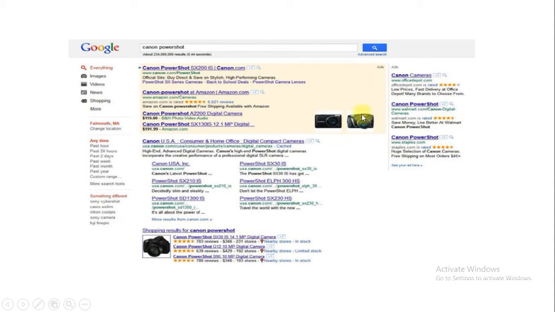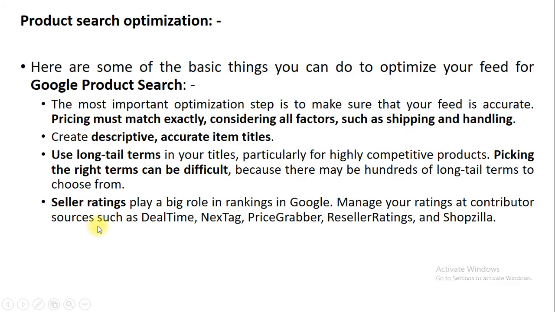It also contains images related to the particular product. This is known as shopping. See over here, the shopping facility is there, so you can select that, or search directly for a product in Google. Similarly, you have a photograph related to the Canon company.